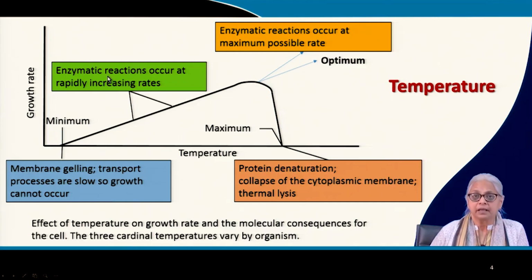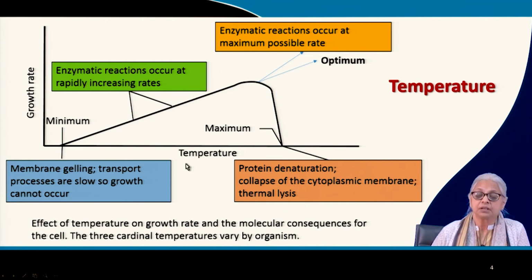So these are enzyme reactions. They are all, remember, all biochemical reactions are enzyme mediated reactions. They are all occurring at faster rates as the temperature increases. We've also seen that one of the major factors that causes denaturation of proteins is high temperature. There comes a point at which the proteins that are part of the cell are going to be denatured. At this point, you will get protein denaturation, you will get collapse of the plasma membranes, and you may get